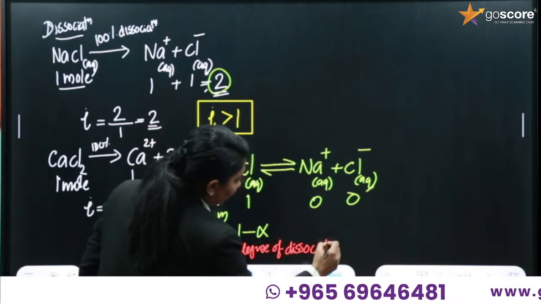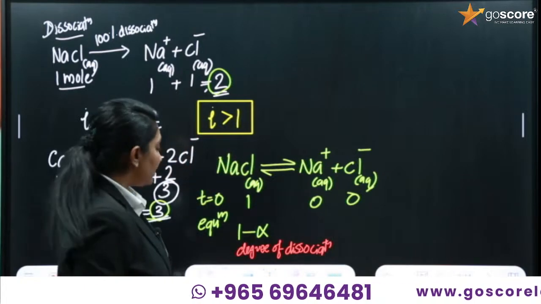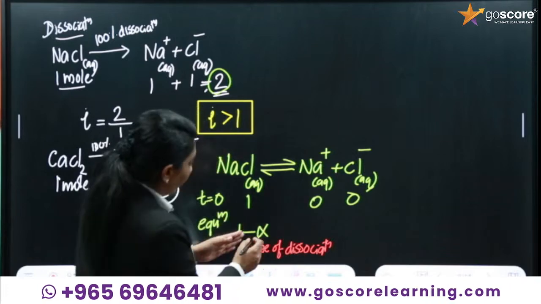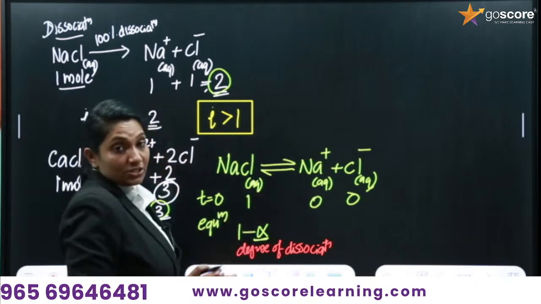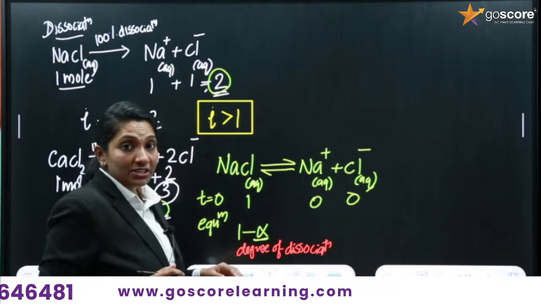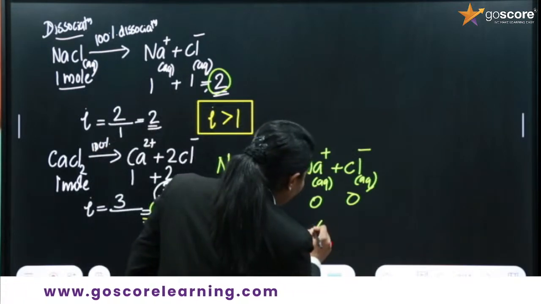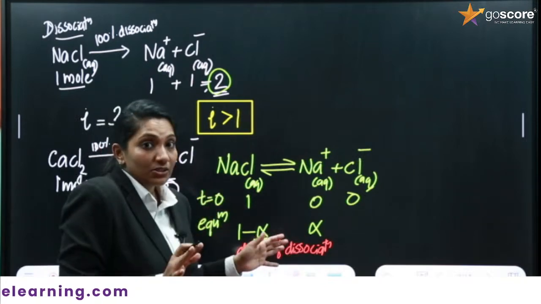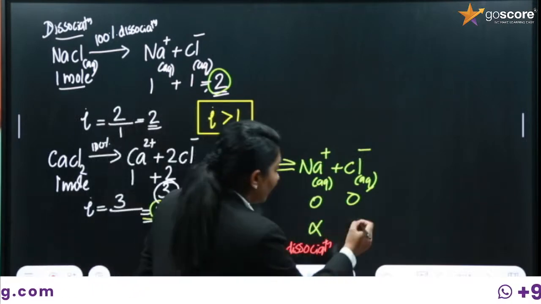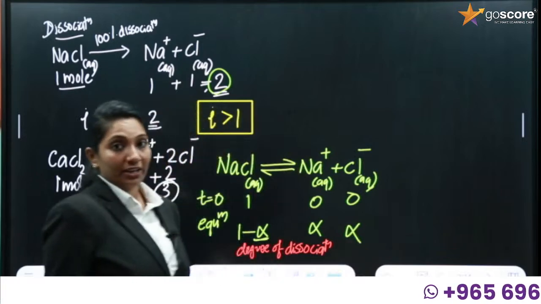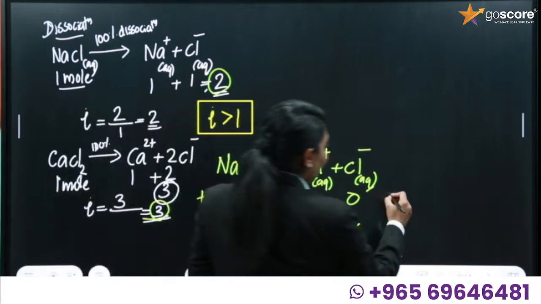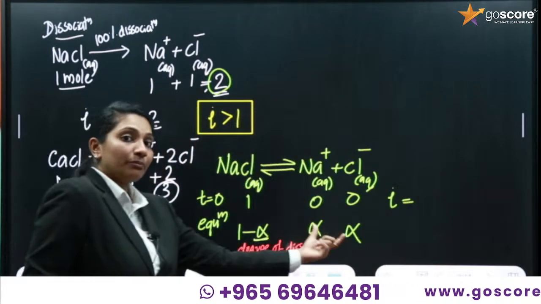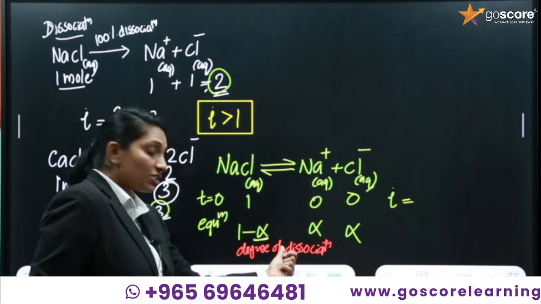If of 1 mole only an alpha portion is getting dissociated, you will get alpha moles of ions, because an alpha portion of NaCl is dissociating. It will give alpha Na plus and alpha Cl minus. So what will be your i value here? i is equal to the total number of moles after dissociation